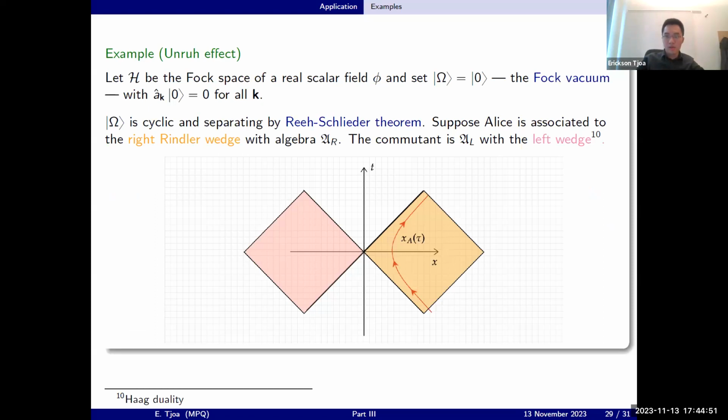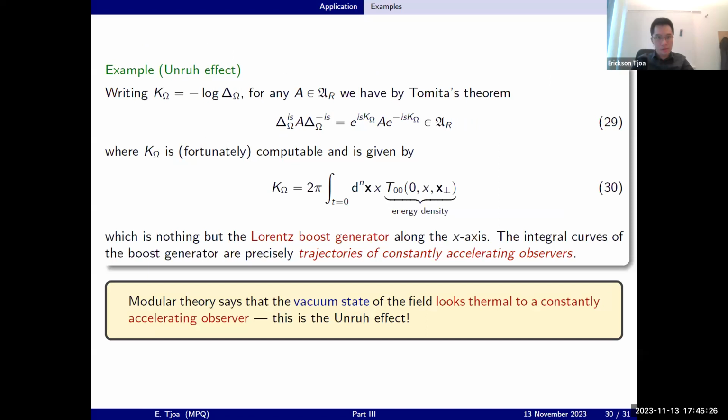Now, the most interesting of all, that maybe some of you are not familiar with, is the Unruh effect, which is about accelerating observers seeing the vacuum state of a quantum field theory to be a thermal state. And I hope this is not so difficult anymore. The reason is because take a cyclic and separating vector, which, by the Reeh-Schlieder theorem, the vacuum state of a quantum field theory is one of them. Well, you can now think of Alice as the right observer and Bob as the left observer, which I give you as a diamond on the left and right. They both commute because they are causally spacelike separated, right? And now